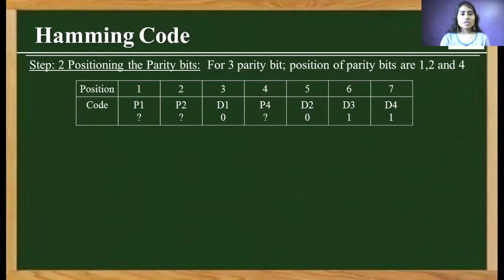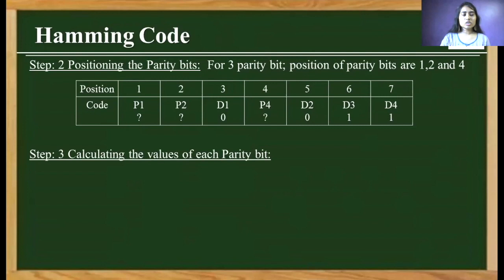So here at position number 3, we have the first bit of the message, which is 0. At position number 5, we have message bit 0. Then for 6 and 7, we have message bits 1, 1. So this is how the sender can send a message with the Hamming code pattern for error correction. But here we have to calculate the values of P1, P2, P4.